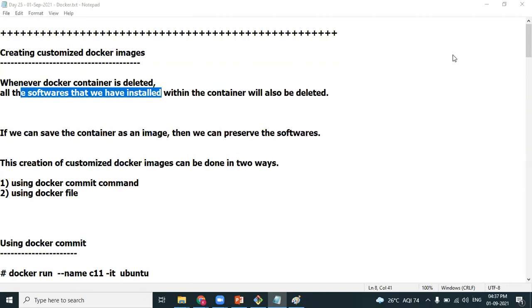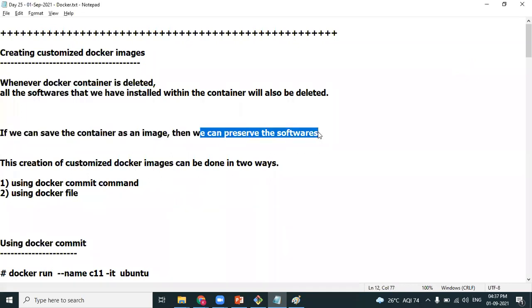You're right. When you remove a container, obviously all the software you have installed inside the container is also removed. Something like when you format your laptop, what happens? All the software you have installed in your laptop is lost. In the same way, when you remove a container, all the software installed inside it is deleted. If we can save the container as an image, we can preserve the software.